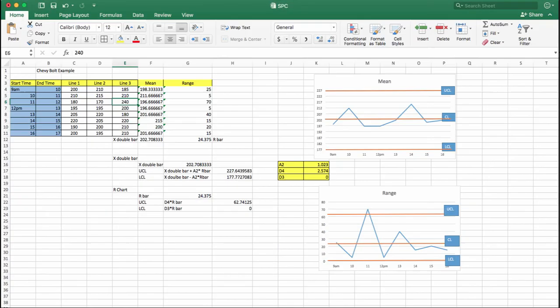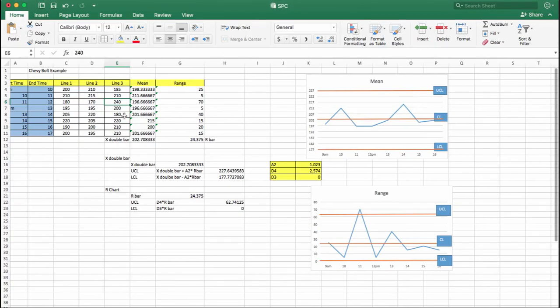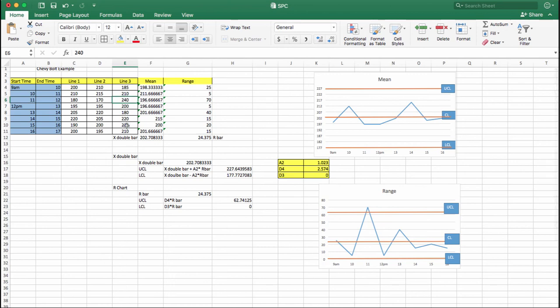Among all this performance, 240 was the highest, and how come between 11 and 12, this much performance was achieved? You want to understand that, and if possible, you want to replicate that, make it a benchmark, and then do your best